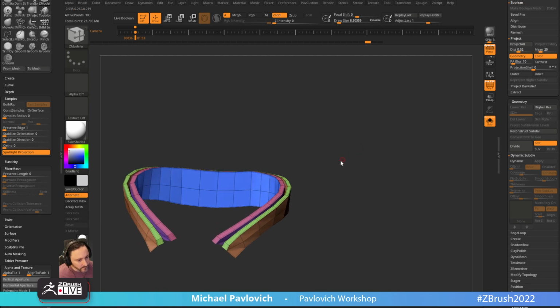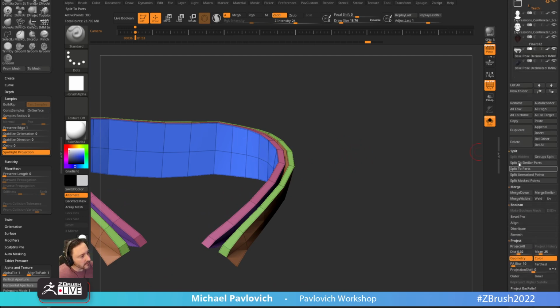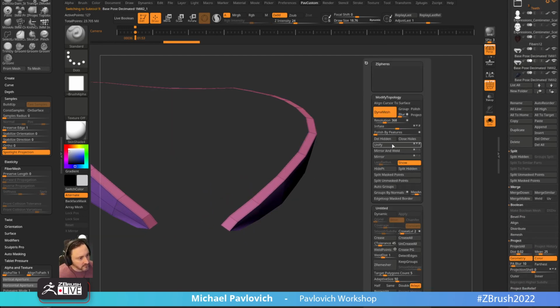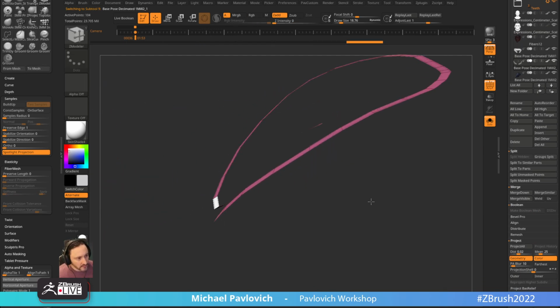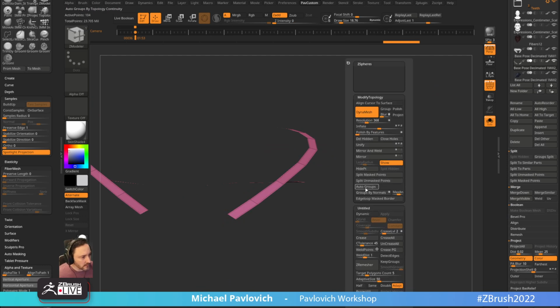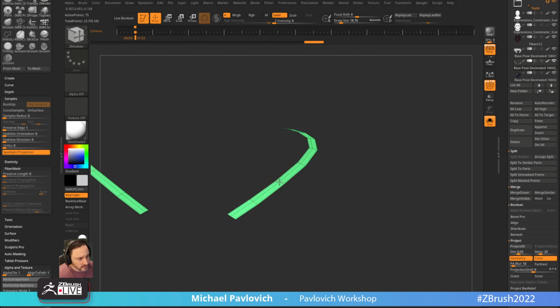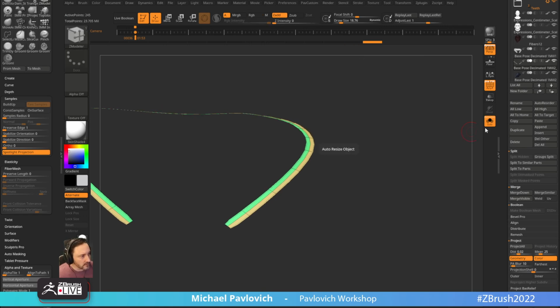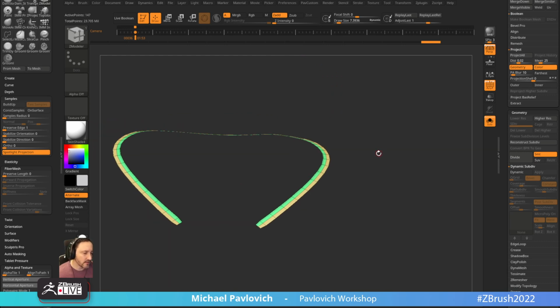But what might be easier is just to duplicate this off. I'm going to steal, say delete hidden, delete hidden, delete auto groups, just the green, insert polygroup. I need a little more resolution, so I can hit Control D. Delete lower. Let's try this. Insert single edge loop here, here. And then now, if I want to put,